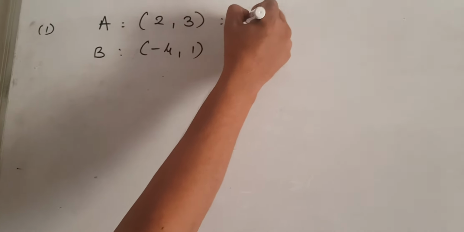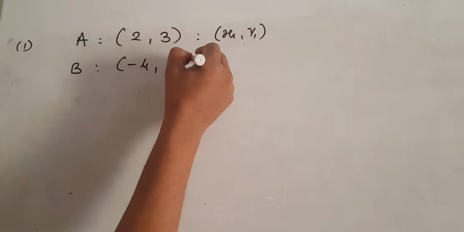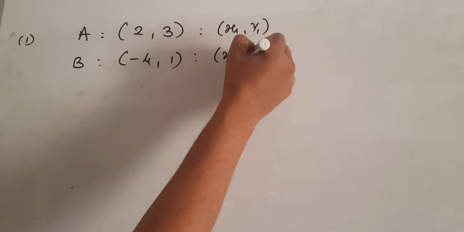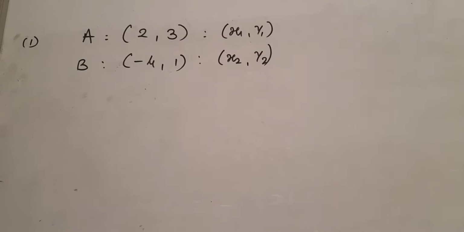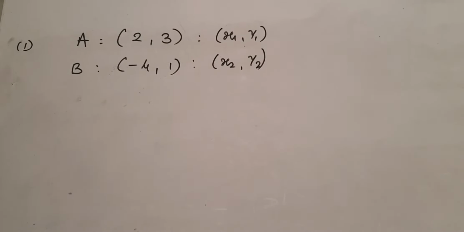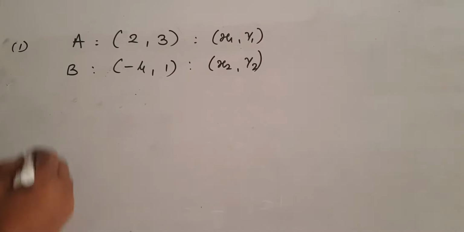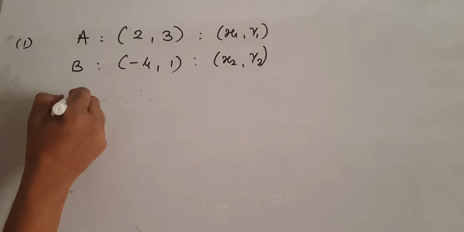This is your x1, y1. This is your x2, y2. The task is to find the equation of the line passing through these two distinct points. So the equation of the line,